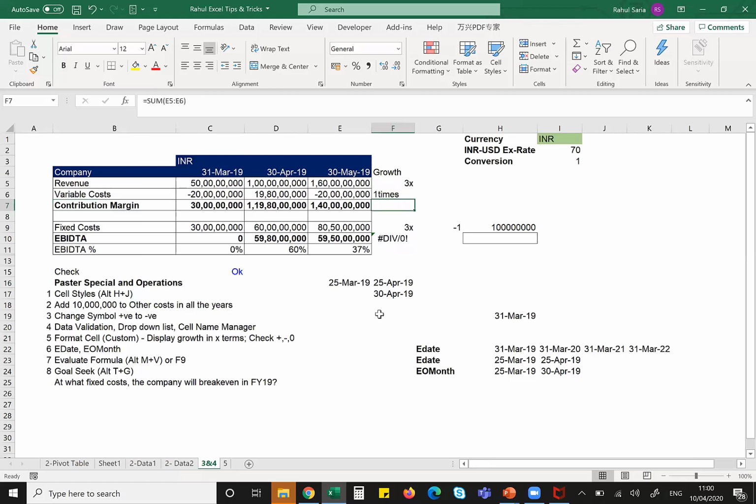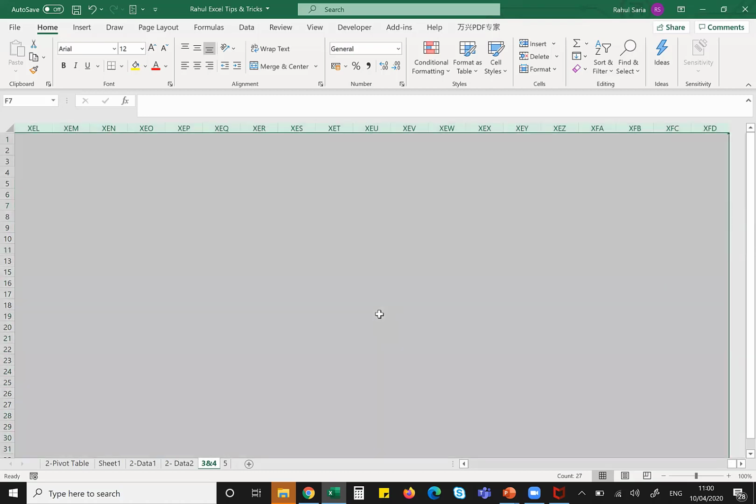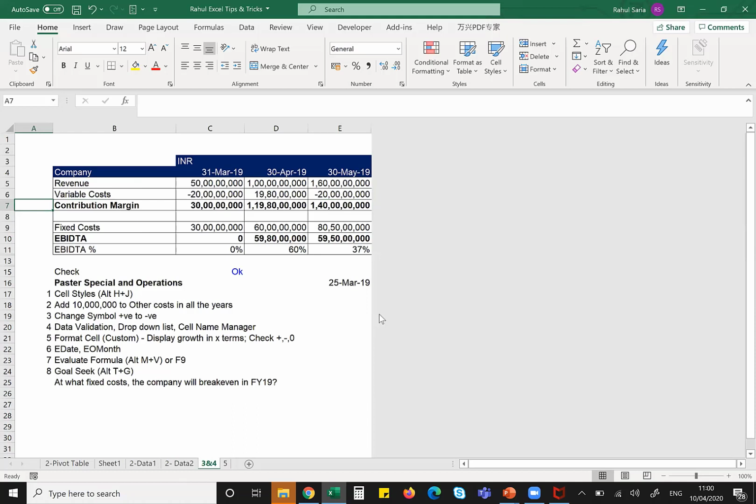Simply what I do, I'll just select the whole area, select the whole column and hide it. How does this help? Suppose I'm in this cell and I want to go to the end of the sheet, I just click right arrow and it stops there. I can always unhide it, but this is a good practice to hide the rest of the sheet if you know this is the area where you want to work. So in most of my sheets, I try to hide the rest of the columns, which is very, very useful practically, right?